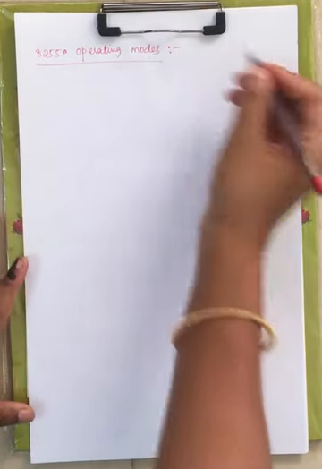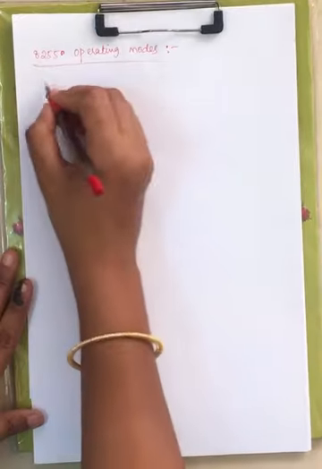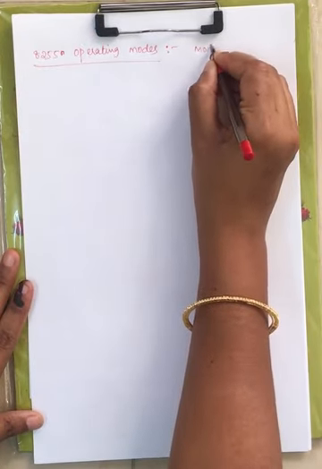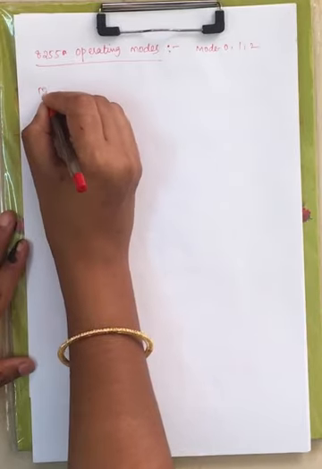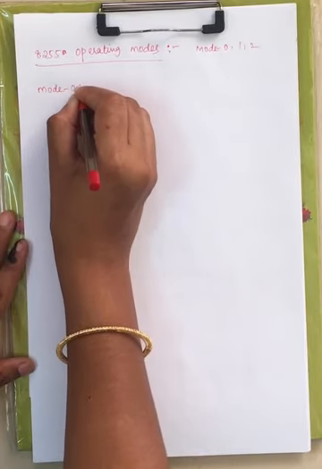Now we have group A and group B under your 8255. Those two groups can be programmed into three different modes, that is mode 0, mode 1 and mode 2, which are nothing but the operating modes of 8255. Now coming to mode 0, the first operating mode of 8255.